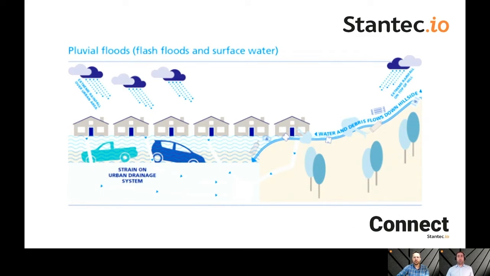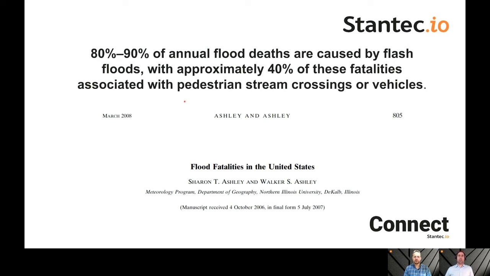And just for a refresher, pluvial flooding is rainfall-induced flooding. So there's riverine when the river overflows its banks and causes flooding. And then there's pluvial flooding, flash floods, where you have the rainfall intensity exceeding the infiltration capacity of the soil or the drainage capacity of the urban drainage system that causes flow to accumulate and then create flooding in streets, for example. And it's an important component of flood risk to capture because 80 to 90% of annual